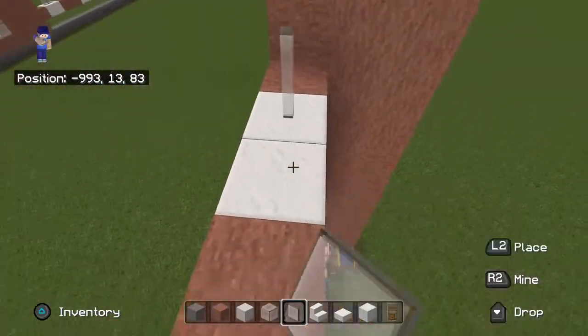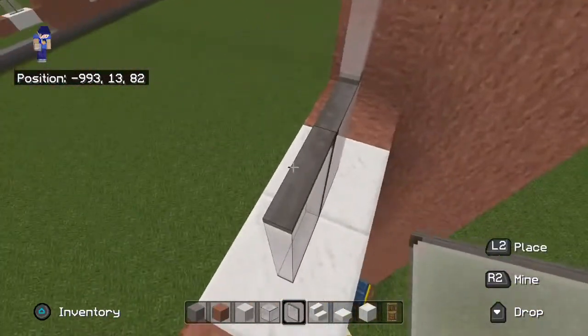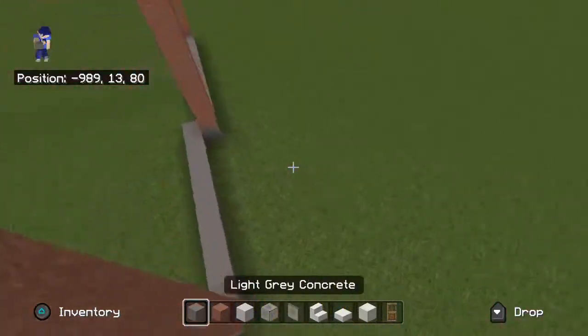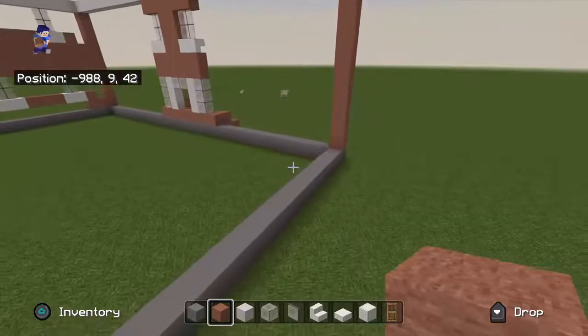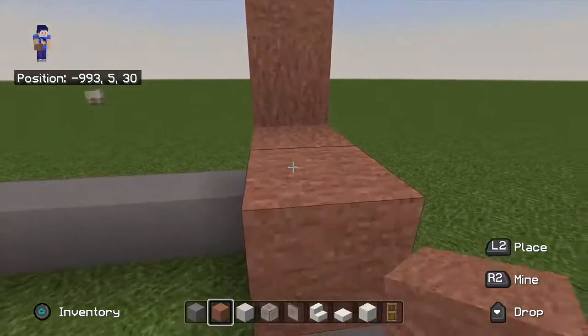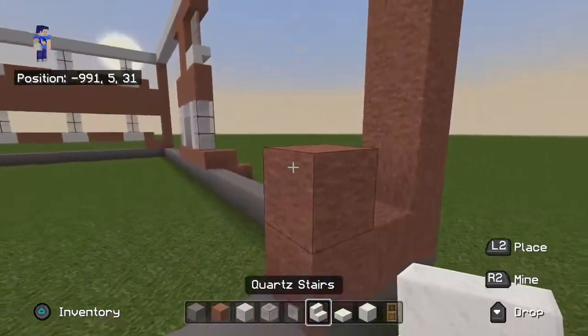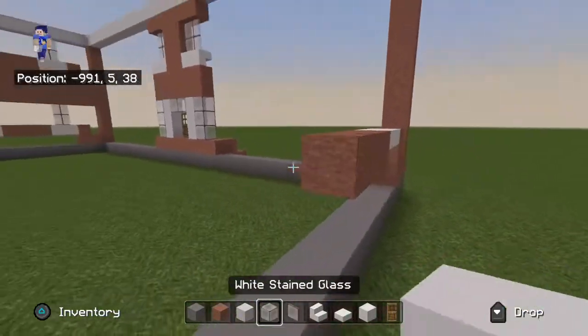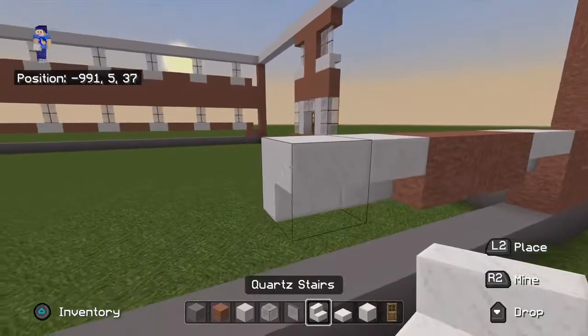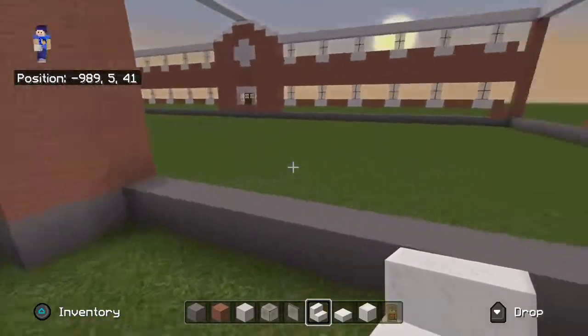We start from this bottom right corner, we place 2 terracottas going left, we go up 1, you can even see the same shape that we did on the other side, and then it's 2 upside down quartz stairs, 3 terracottas, just moving across. Same thing, so 2 upside down stairs. Eventually you will run out of room, that time has come. Here, 2 rows of glass on top,